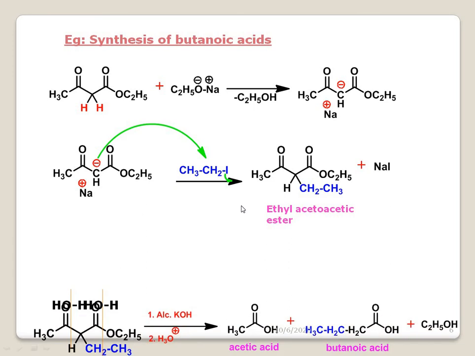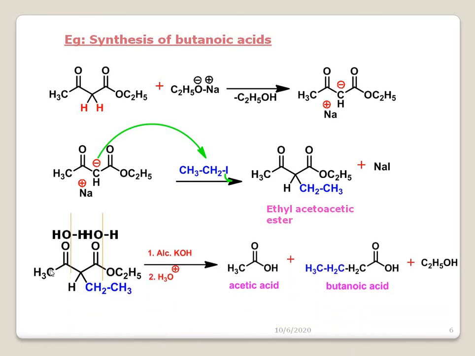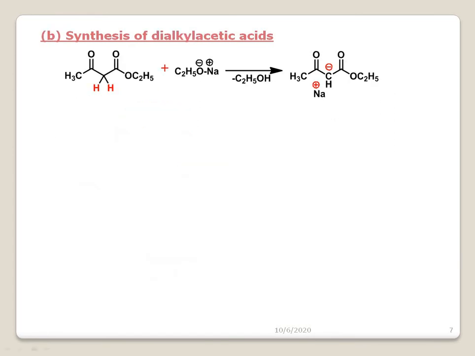Now if you are doing alcoholic KOH hydrolysis, what will happen? Acetic acid, there is no change on this side. Here you will be getting CH3CH2CH2CO2H. See, butanoic acid with 1, 2, 3, 4 carbons. So propanoic acid means here 1 carbon will be less. Methyl iodide you can take, or methyl bromide. Like that, accordingly you have to plan and decide the number of carbons, and accordingly take the alkyl halide. That's how you prepare monocarboxylic acid.